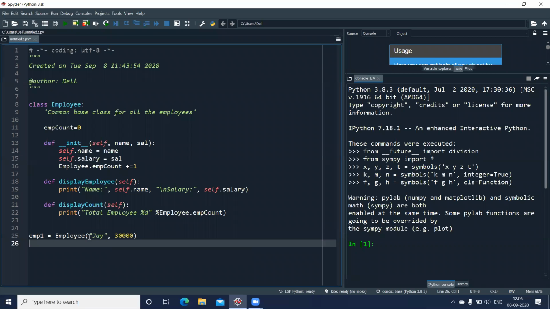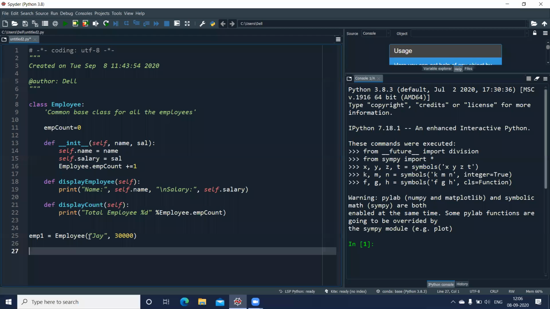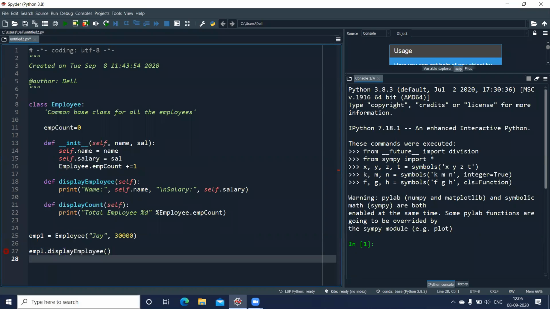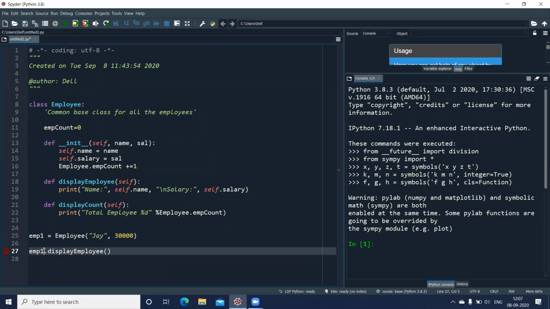And I can now display the value and check whether it is really working. And then we'll create one more object. So employee1 dot, I can say display employee. So we have this function here, display employee. Complete the round brackets, no parameters required. Press enter. Now it's giving me some error here. EMP1. What is the error? Undefined EMP1. Or it is L, sorry, 1.